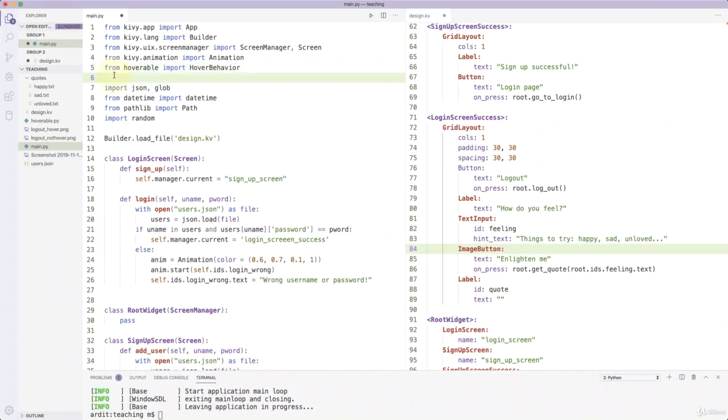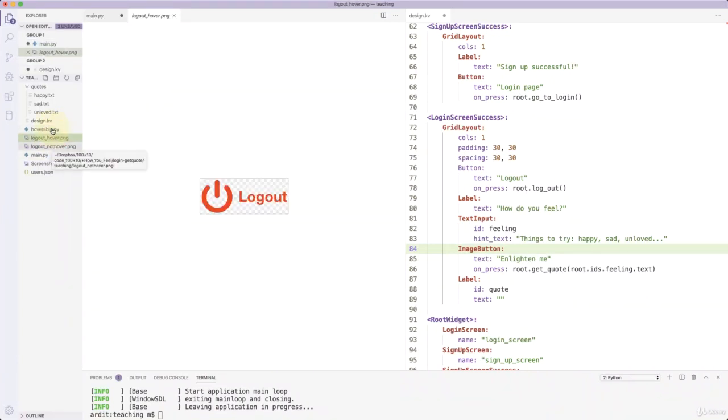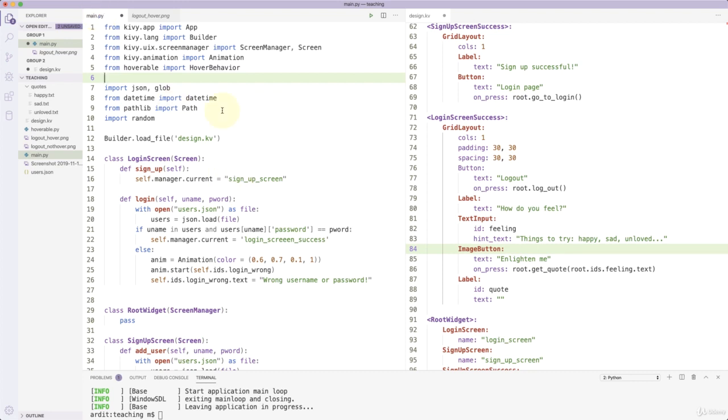import in here. So the way we are going to implement this button is by having two different images. I created these images in PowerPoint. You can easily create them. You have these symbols and you add some text and then make the background transparent, and so you have one blue and one red. So the two different states you want the button to have. It's a PNG image. And so the idea is that this button will not have text, it will have an image. Therefore we need to import